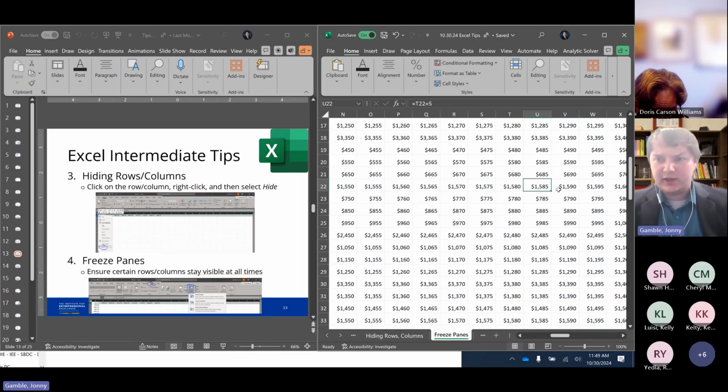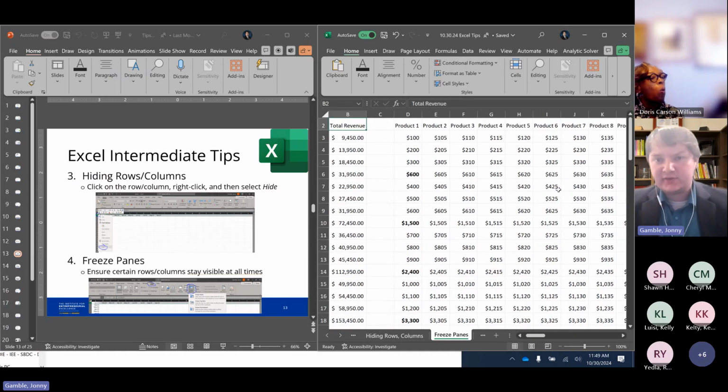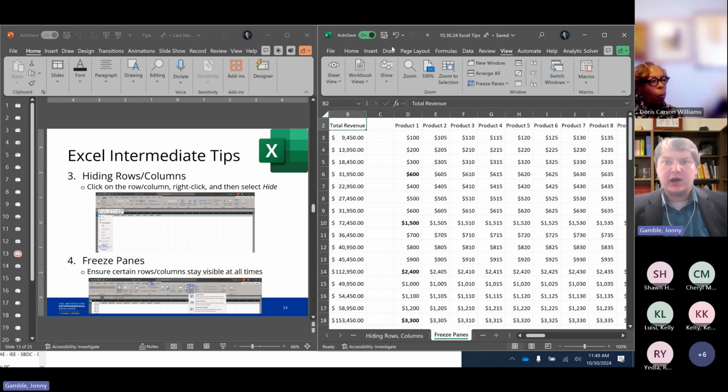I have no idea what's going on. Same thing for the 785. I can't tell what's going on there because I'm not seeing the titles for these areas. I'm not sure what the 785 is referring to. Well, one of the ways that you can get around that is using what we call freeze panes. So if you go up to this View tab at the top, you know how you have Home, Insert, Draw, so on and so forth. If you go to the View tab,